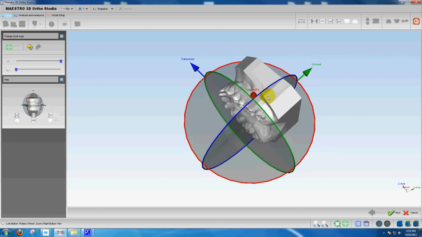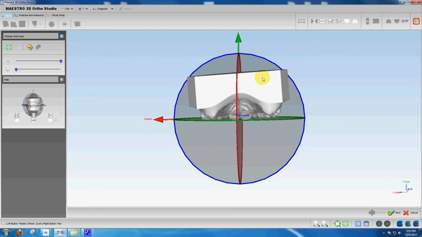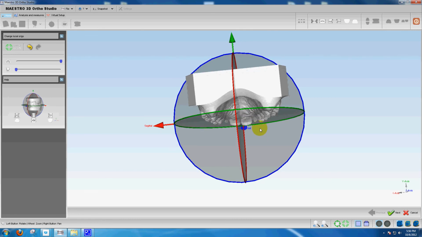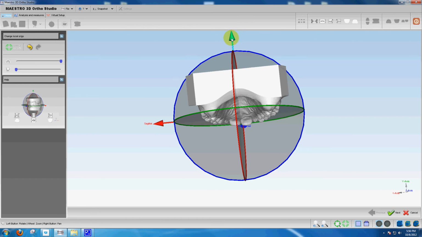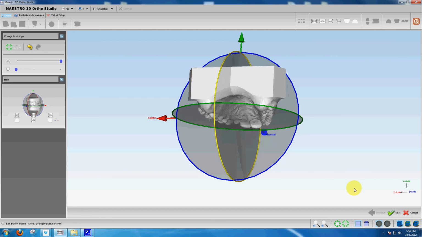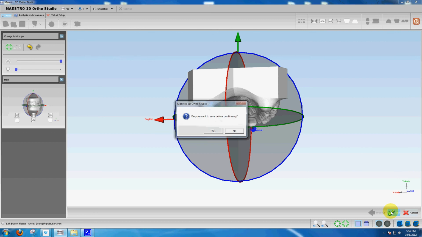We'll take another look at it from behind. And you can see how my occlusal plane is slightly canted. So I'm going to toggle this circle right here and adjust that. Take a look from the underside, and by pulling this up and down, I can see the shadow line beginning to engage the posterior teeth fairly evenly. So I think we're in good shape right about there. And now I can accept, oh, did I move something? I can accept that orientation of the